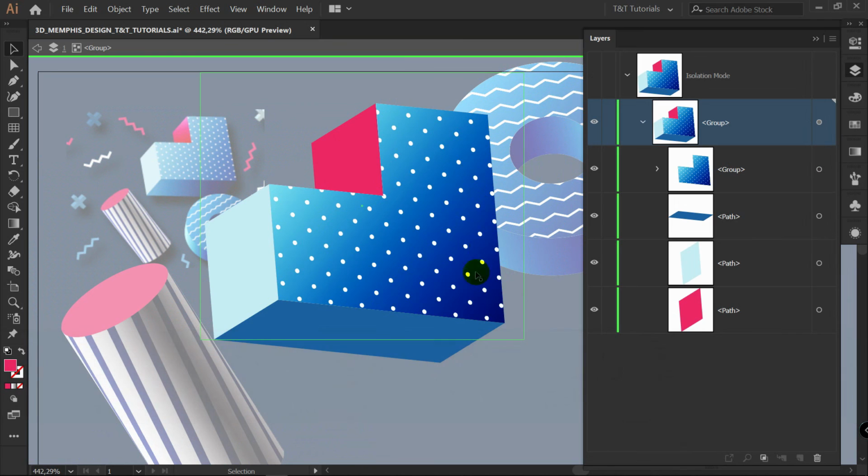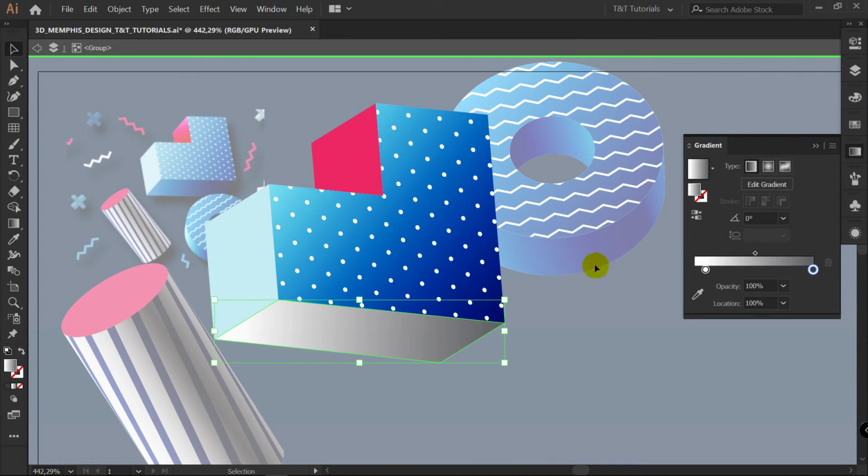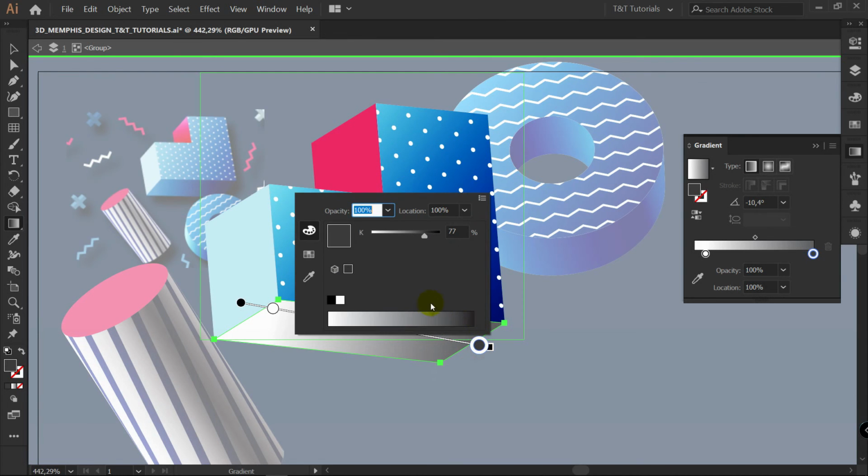Now let's isolate this object. We double clicked on it, pick this part. For this one, you don't need to create a rectangle, you don't need to apply a clipping mask, just press Ctrl C, Ctrl F, apply gradient, apply direction. Don't forget to change color here,